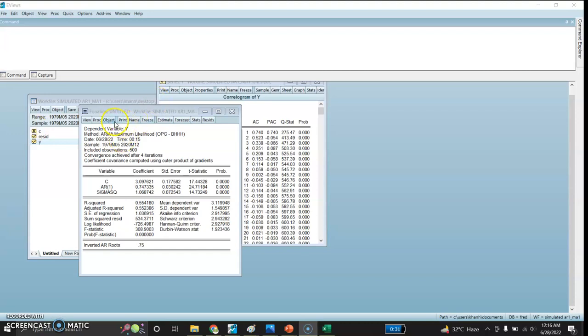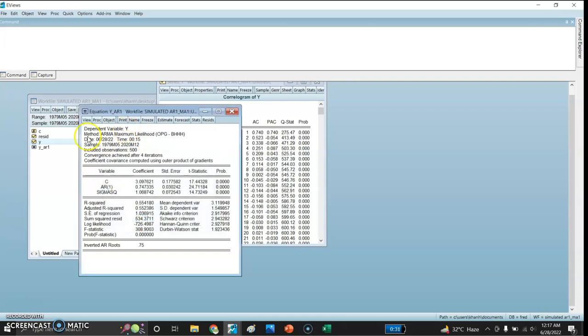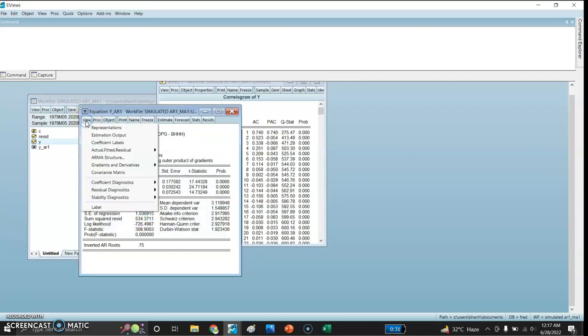I'll save this as y AR1. So this is the AR1 series, and now I will check its residual diagnostics and look for the correlogram of